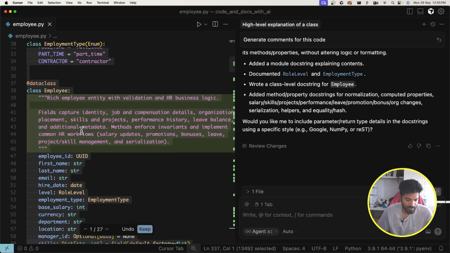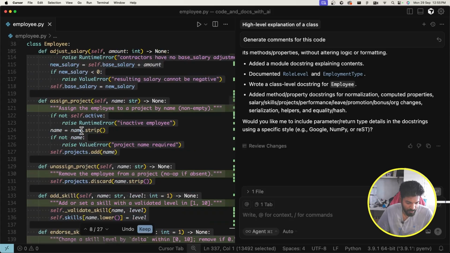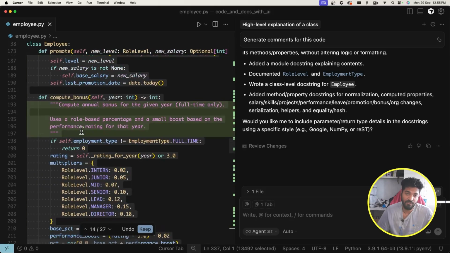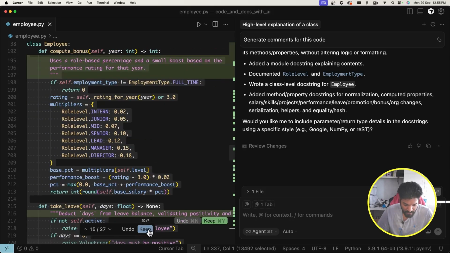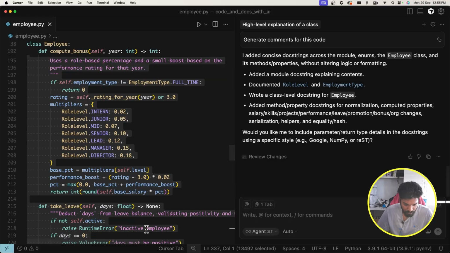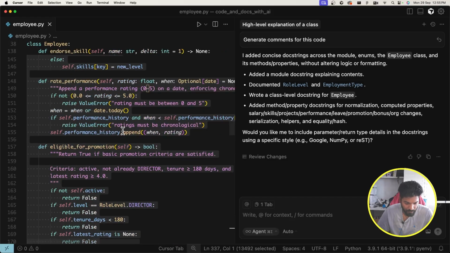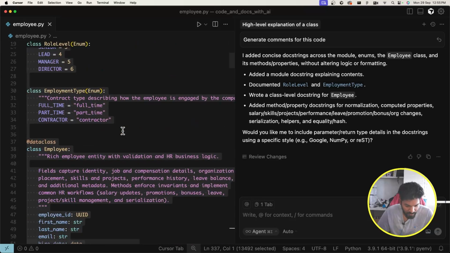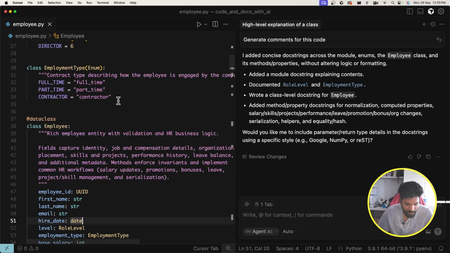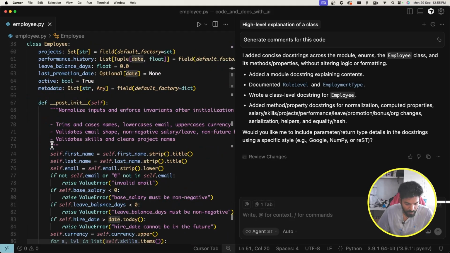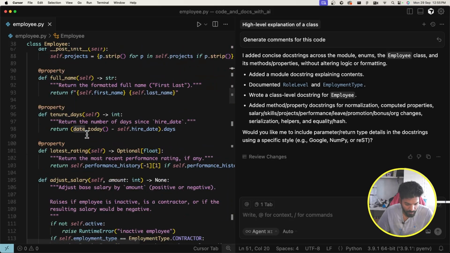And the interesting part is, since there are a lot of things, you can just quickly review them one by one, this is what you should do, or you can just say keep all of them, right? So if I do keep, it will basically accept all the changes. Now if I see, this is really good, right? A lot of documentation has been added at the class level, at the function level,